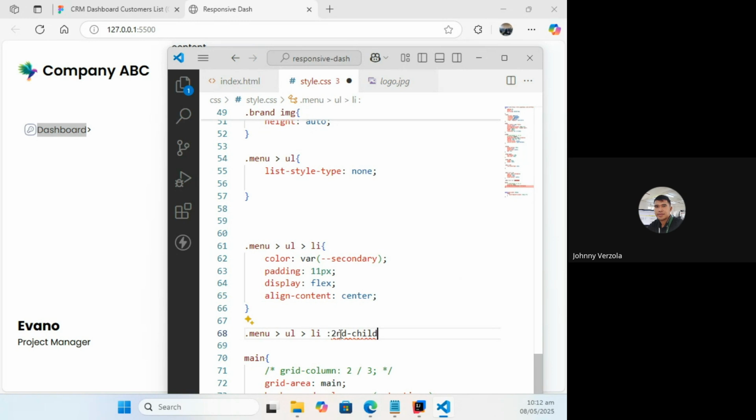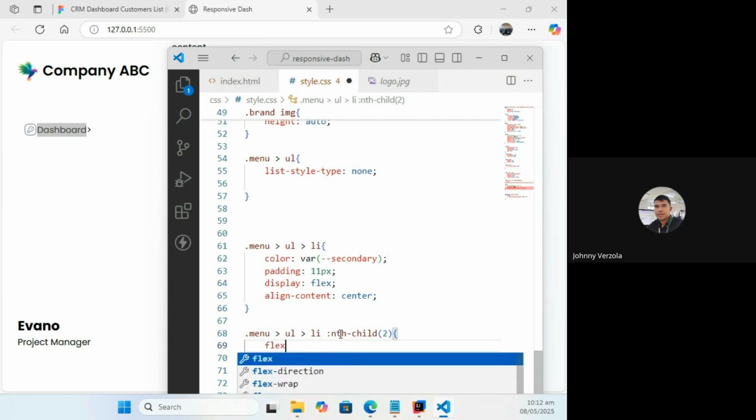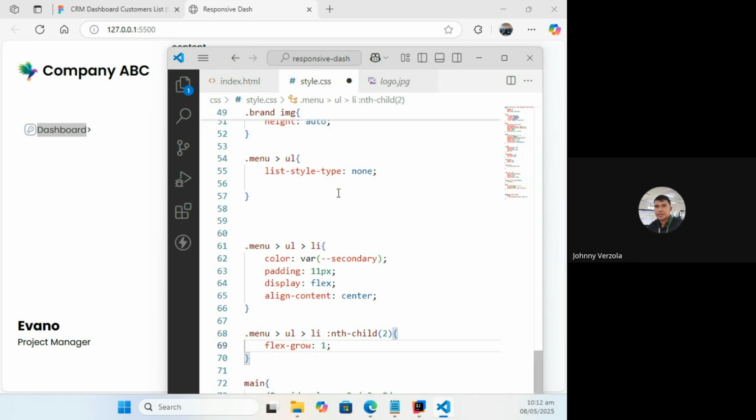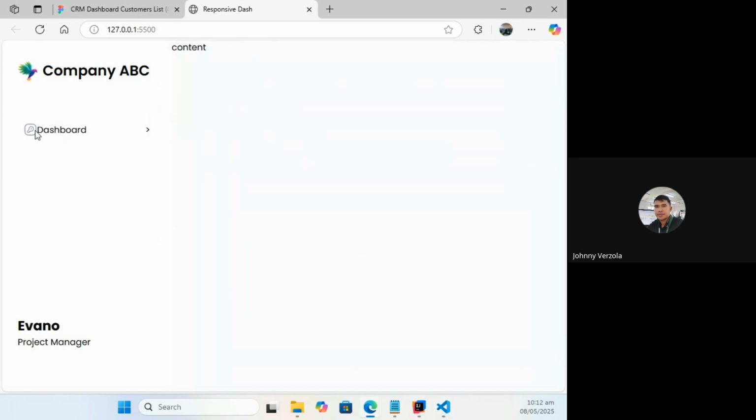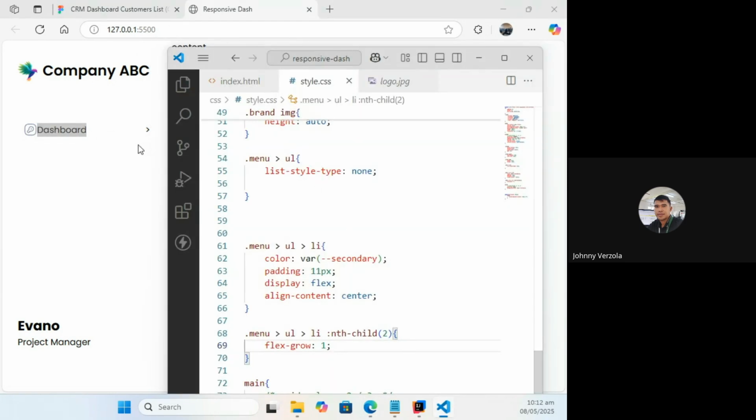Do we have a second child? Okay, it should be the second child. Then it should be 2, because it's one index per one index in the 0. Now I'm going to target that. I'm going to set the flex-grow to 1. See what will happen. I don't know if this will take effect already. There you go, it took effect. What did this do? It occupied all the remaining space. It's like 1fr in grid-template-columns, that's its effect. I already discussed that, but we just haven't covered it.